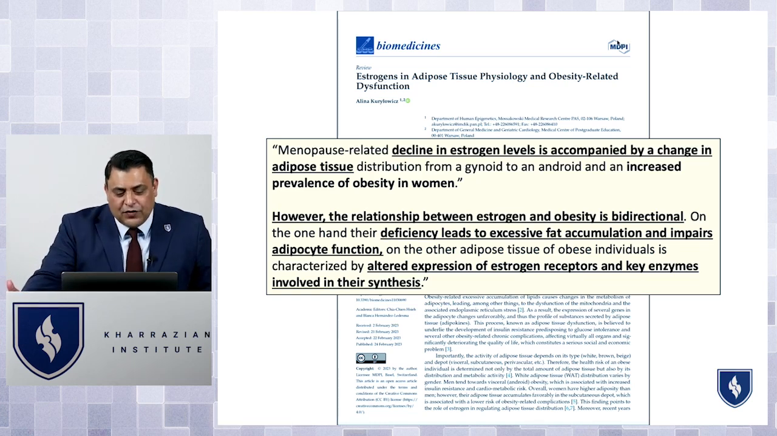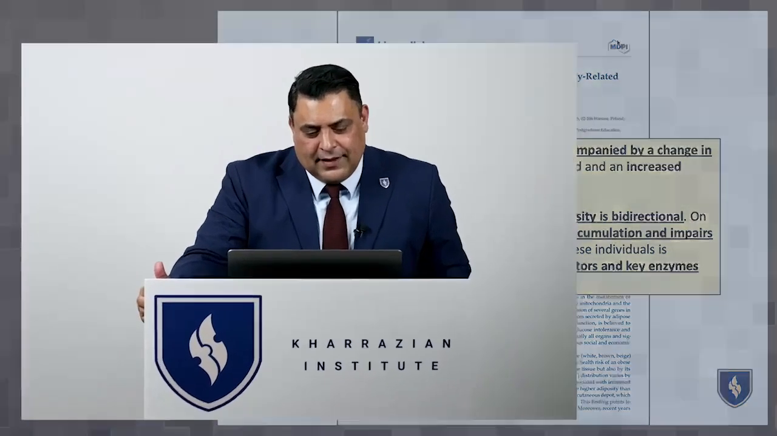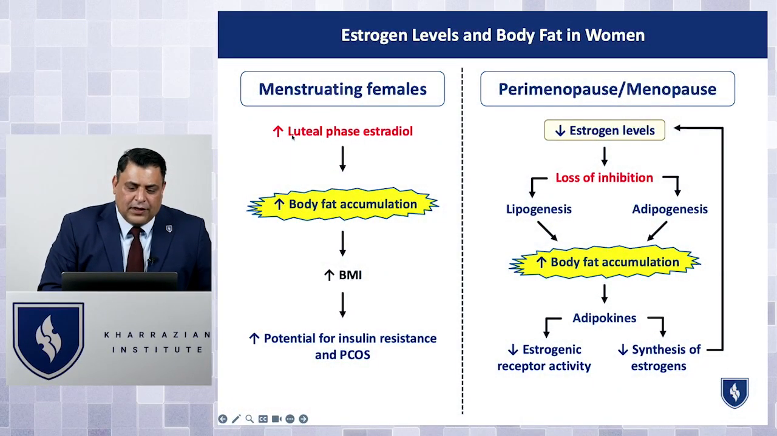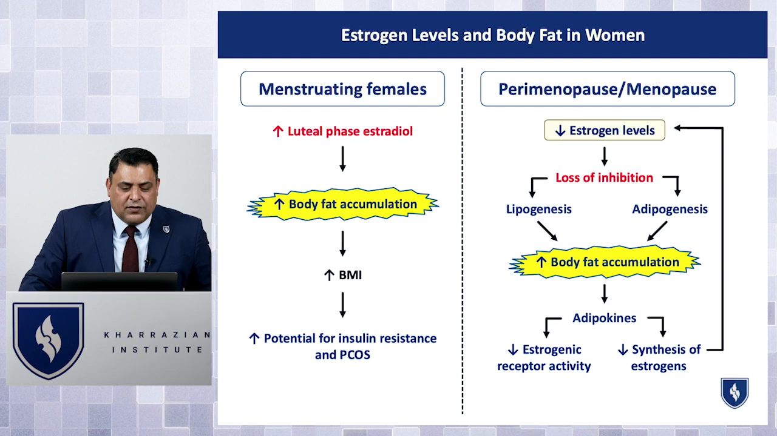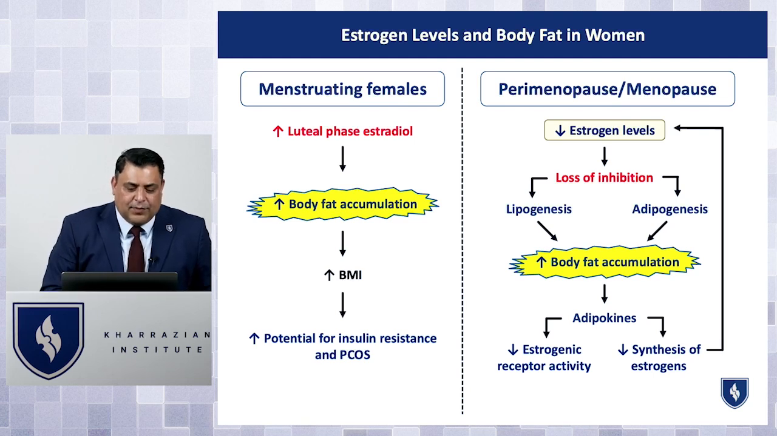So if they have their estrogen levels drop, they basically have an easier time getting body fat. But if they have more body fat, then they can't produce much estrogen, so they get stuck in this vicious cycle. Now, when you're looking at estrogen levels and body fat distribution in menstruating females, what's really critical is their luteal phase estradiol output, the second half of their cycle. If they have increased luteal phase estradiol output, they can have increased body fat accumulation, increased BMI, potential for insulin